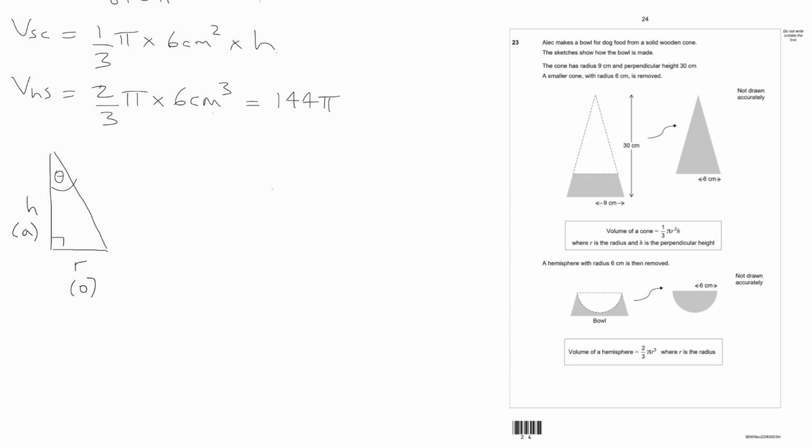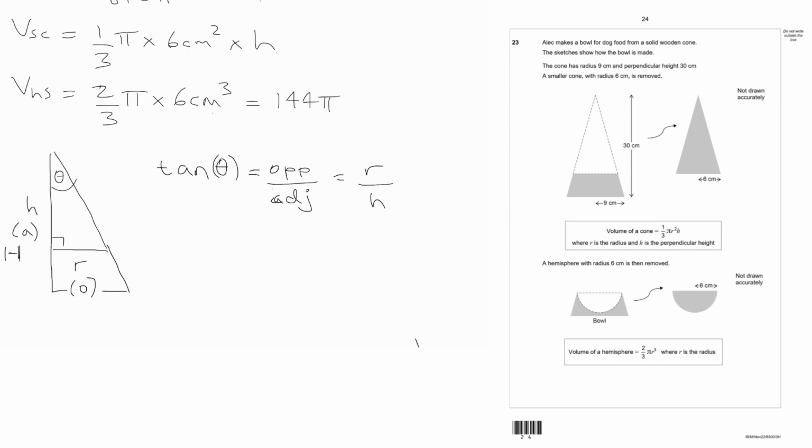So if we remember SOHCAHTOA, tan theta equals opposite over adjacent, which equals, well, the opposite side is the radius, and the adjacent side is the height. Now, the key thing to notice is this angle theta is the same regardless of if we take the small cone or the large cone, because I could extend this and you see that the angle remains the same, which means if we were to then call this long length